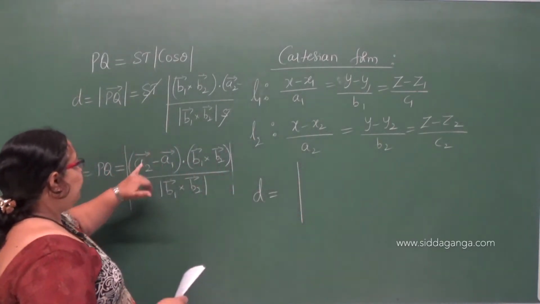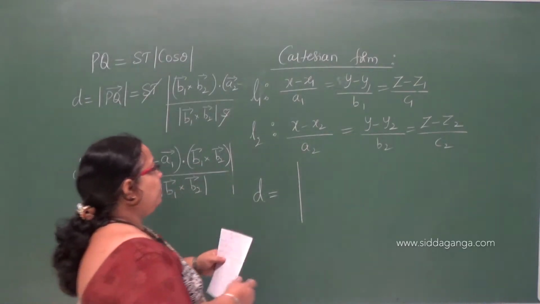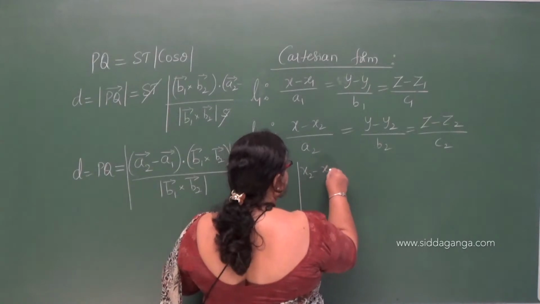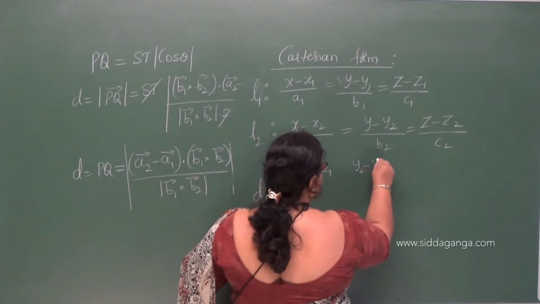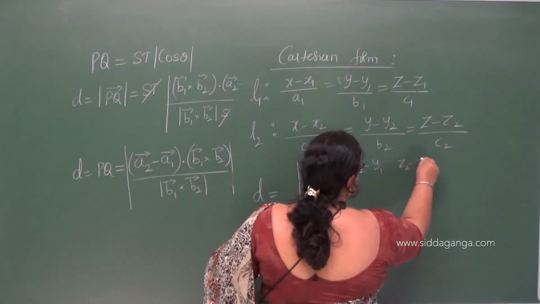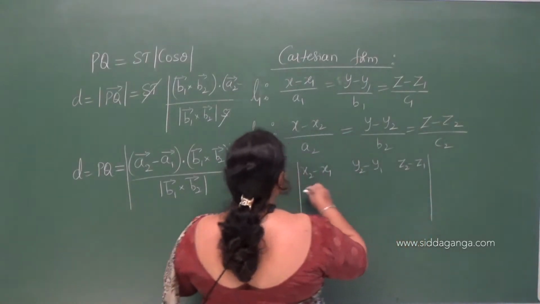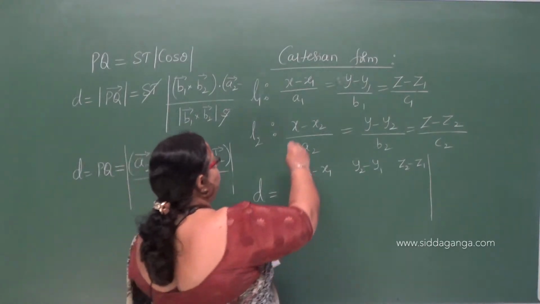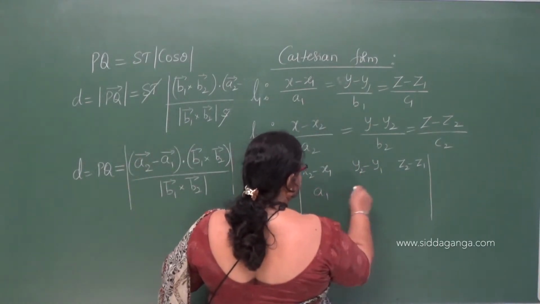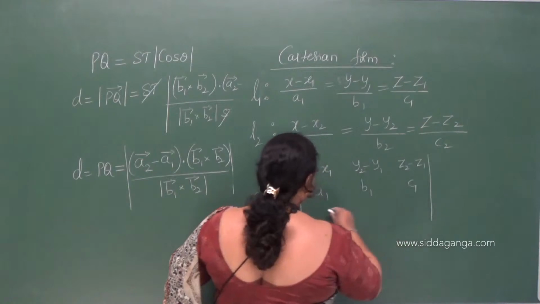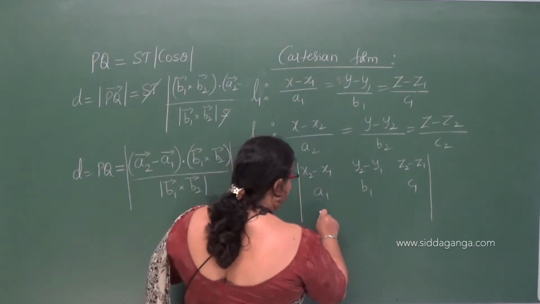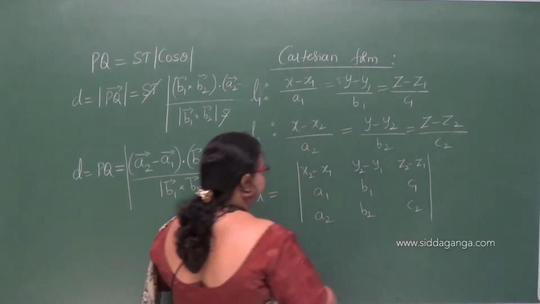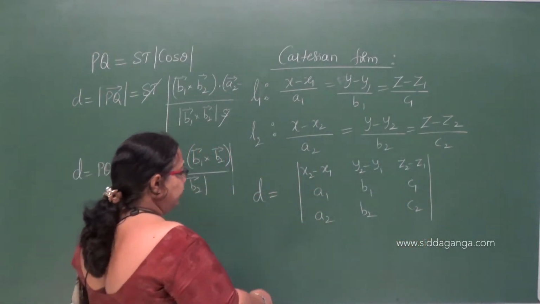First vector a2 minus a1 means x2 minus x1, y2 minus y1, z2 minus z1. The second vector is b1 vector, the components are a1, b1, c1. b2 vector, the components are a2, b2, c2, divided by